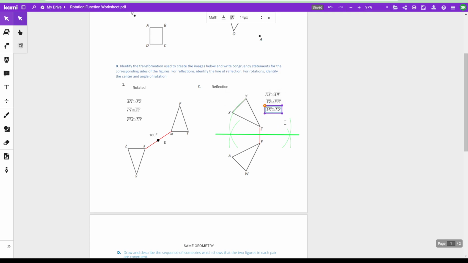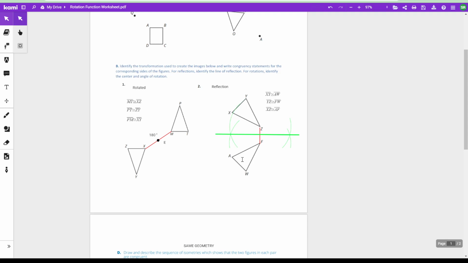Okay, and then by process of elimination, the only remaining ones are XZ. And so XZ should be a reflection of AF. And so that right there are all the congruency statements that we can deduce from the fact that XYZ is